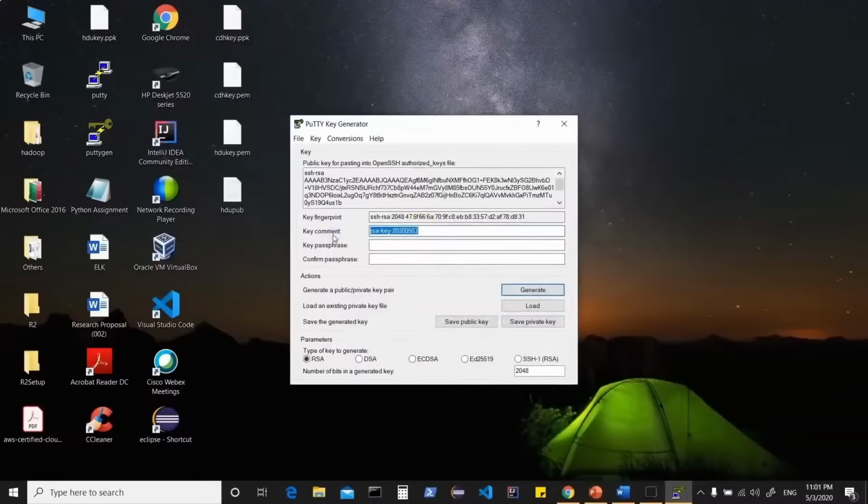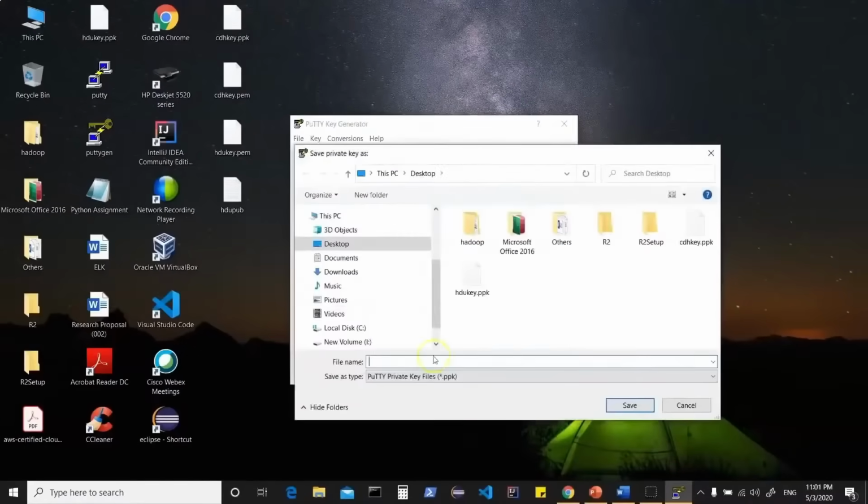I can give a name to this one. So I'll say SDU will be the username. I'll give a simple password, which I will use to log in to this machine. And then I can save this private key, which will get saved. So let's say SDU new key, and this gets saved in a .ppk file, which is usually used when you